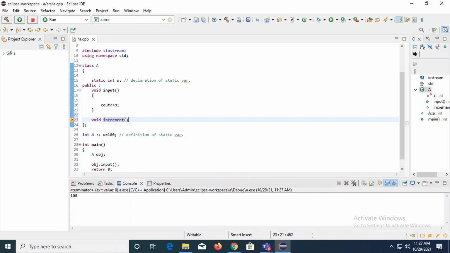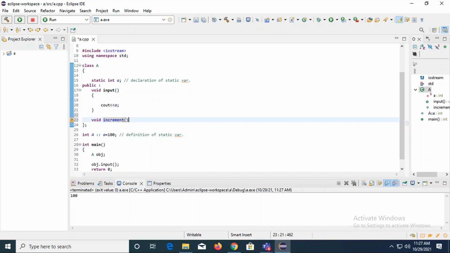And this function, I will rename it as display. What I did, I'm having one static variable. Now, one normal member function, which is just for displaying the value. Static member function, which is going to increment the value. And this is a definition. And these are just the calling.